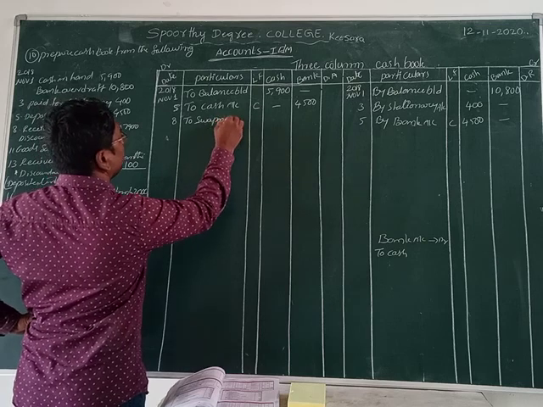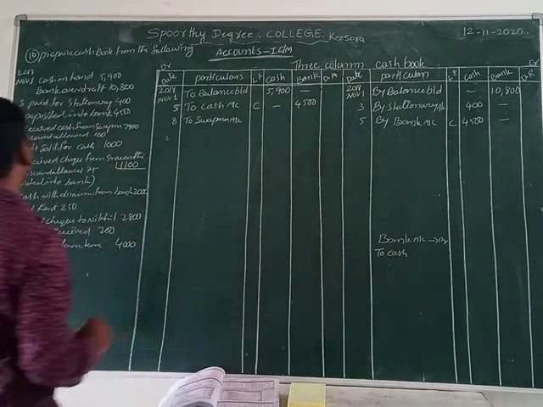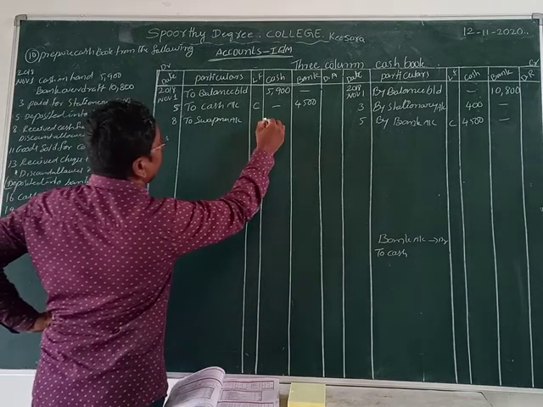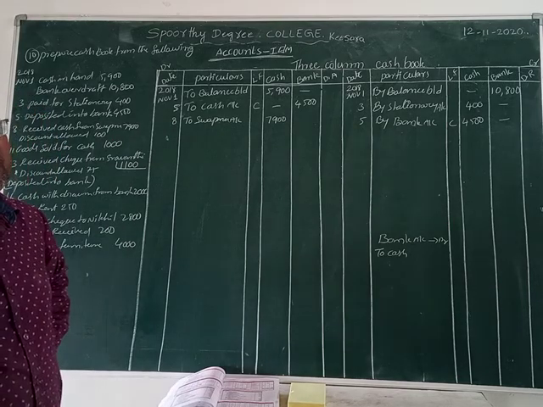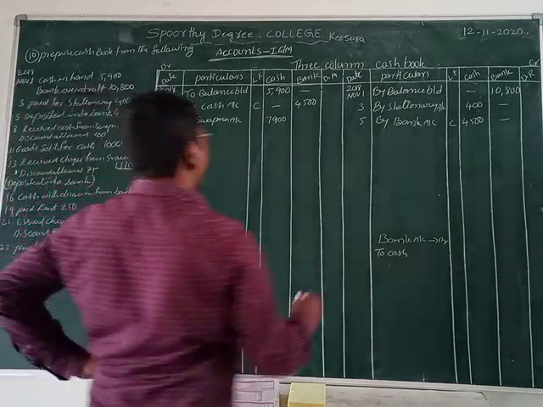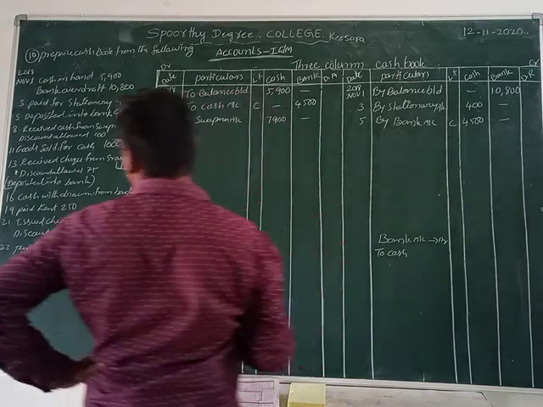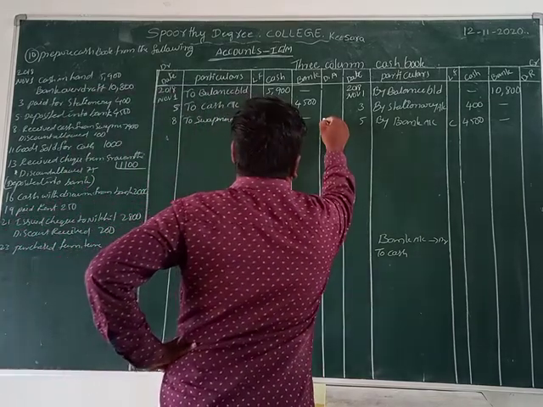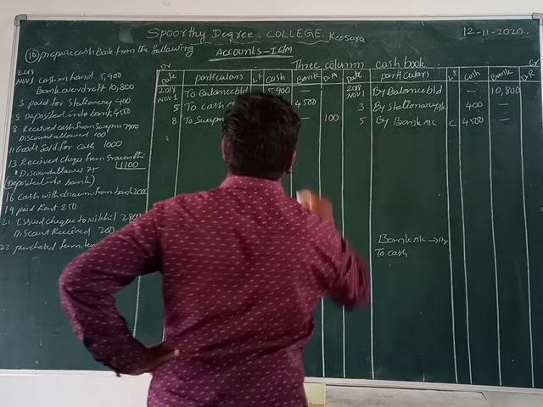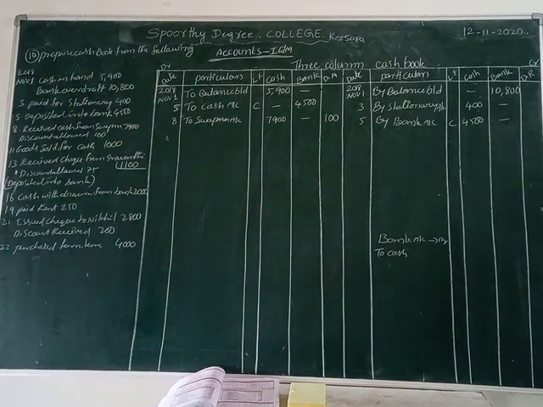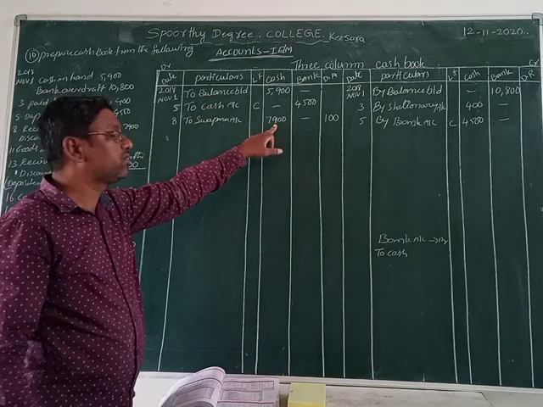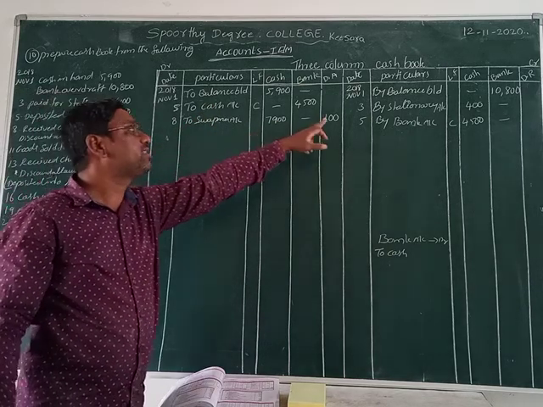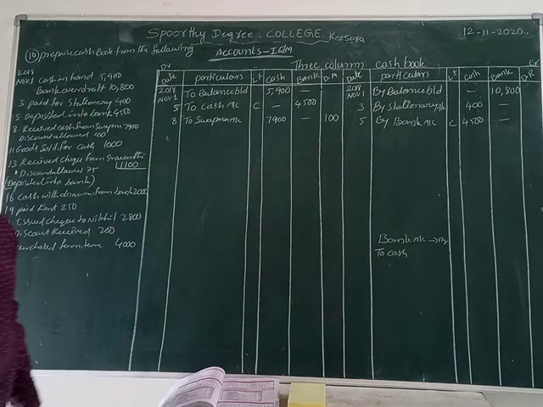Swapna account. So what is the amount of cash, friends? 7,900 rupees is in cash. That's why we can record 7,900 into the cash column. There is also a discount allowed. What is the discount allowed amount? 100 rupees. That's why we can record the discount amount into the discount allowed column. Only 100 rupees is there. Simply, we received cash from Swapna, so it is a cash receipt. Cash comes into the business, and in the discount column we can write the 100 rupees also.